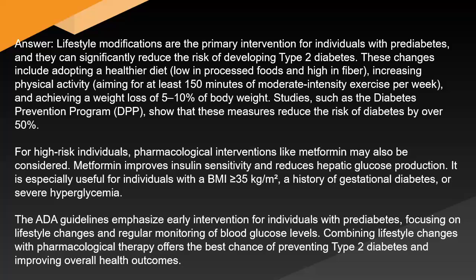Studies such as the Diabetes Prevention Program (DPP) show that these measures reduce the risk of diabetes by over 50%. For high-risk individuals, pharmacological interventions like metformin may also be considered. Metformin improves insulin sensitivity and reduces hepatic glucose production. It is especially useful for individuals with a BMI over 35 kg/m² and a history of gestational diabetes or severe hypoglycemia. The ADA guidelines emphasize early intervention for individuals with prediabetes, focusing on lifestyle changes and regular monitoring of blood glucose levels. Combining lifestyle changes with pharmacological therapy offers the best chance of preventing type 2 diabetes and improving overall health